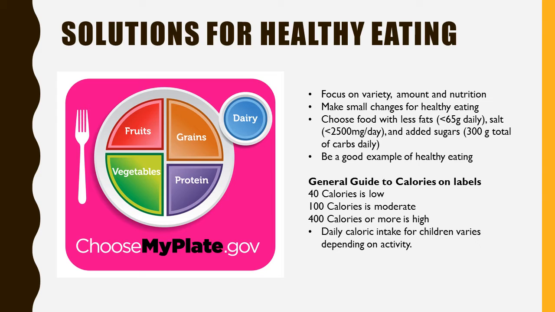ChooseMyPlate.gov recommends providing fruits like raisins, pears, plums, watermelons, berries, applesauce, and 100% fruit juices. It also encourages adding more dark green, red, and orange vegetables both at lunch and dinner time. Beans and peas are also a great vegetable choice. Encouraging children to make half of their plate fruits and vegetables is a great tool for helping them eat appropriate